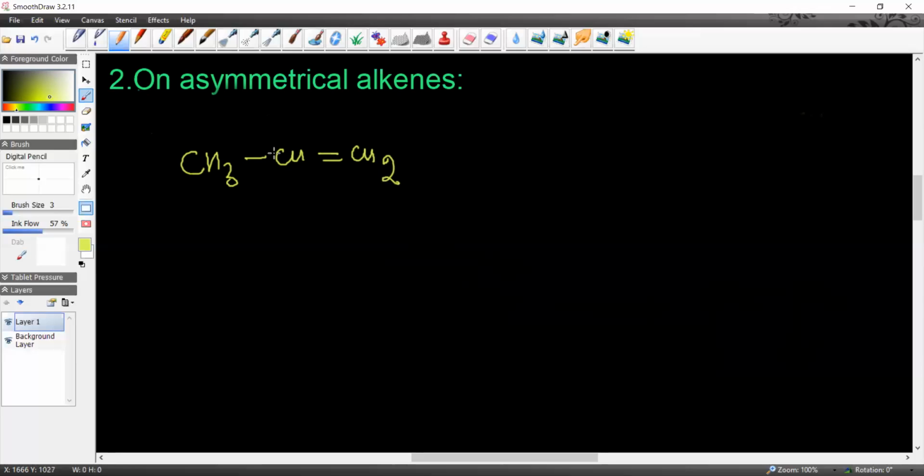Now some students want to know how we can say that this is an unsymmetrical alkene. To know the symmetrical or unsymmetrical nature of the molecule, just draw a line from the middle of this molecule. You clearly see this half part contains the methyl group and this half part contains the CH2 group, and it is clear that CH3 is not equivalent to CH2. So it means that this is not a symmetrical alkene or a symmetrical molecule. This is an unsymmetrical or asymmetrical alkene. I hope you understand me.